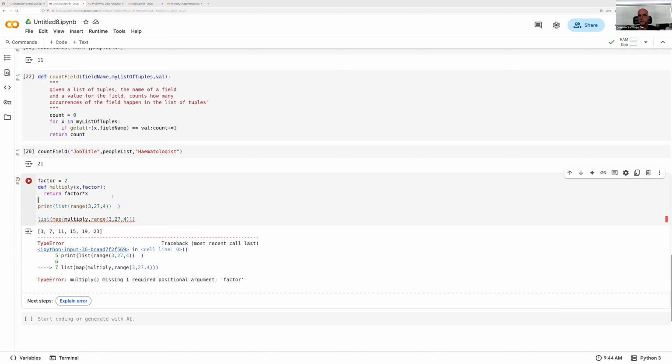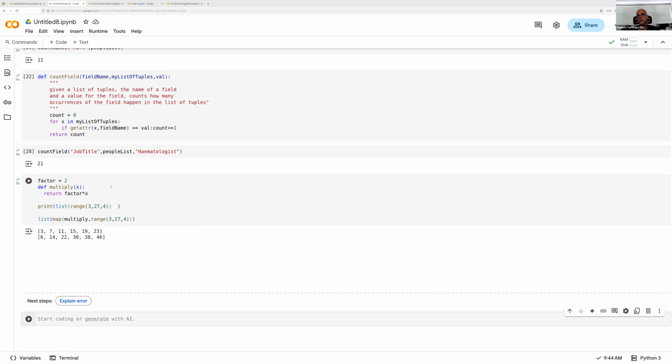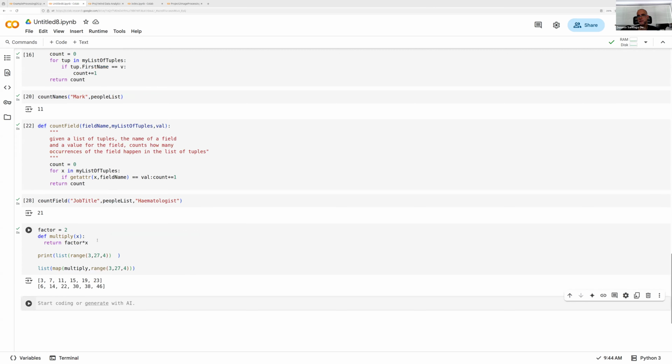I don't have to pass it as a parameter because I declare it as a global variable. So now this factor is visible here because inside of the cell it is like a global variable, and then I can change this times 5, 6. This is a pretty dirty way to do it because